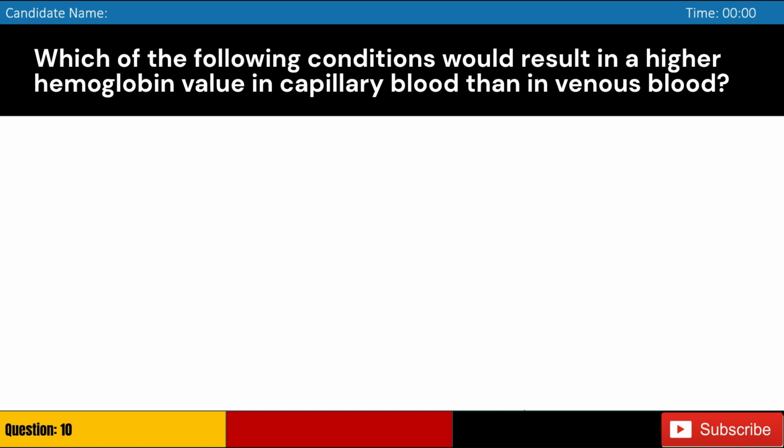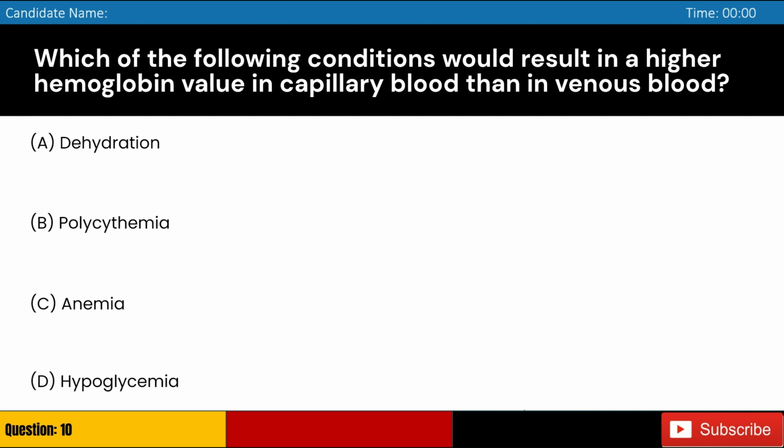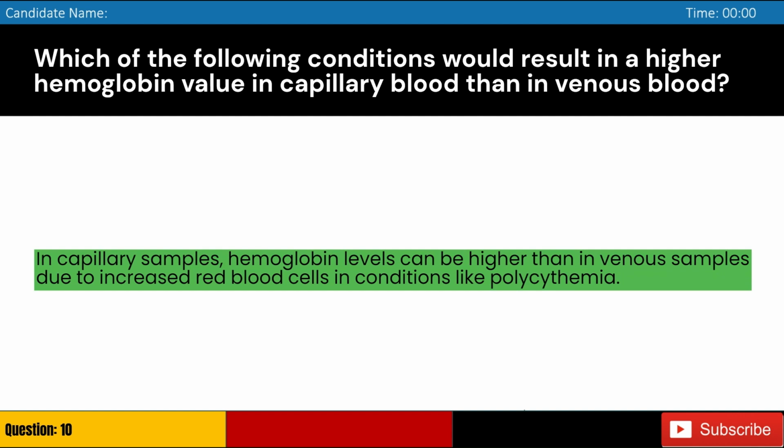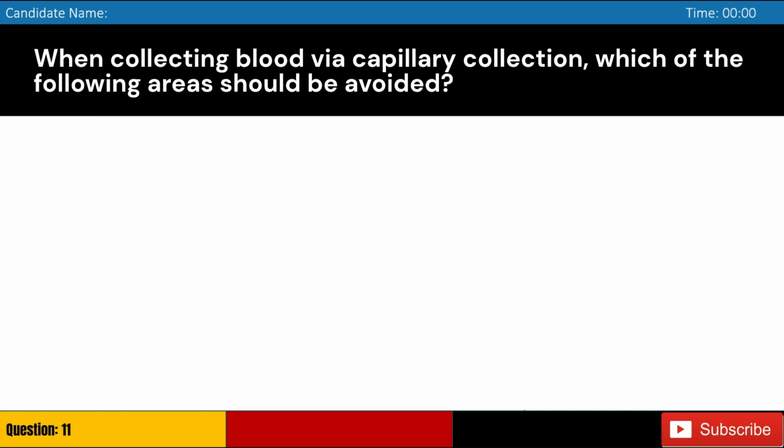Which of the following conditions would result in a higher hemoglobin value in capillary blood than in venous blood? A. Dehydration. B. Polycythemia. C. Anemia. D. Hypoglycemia. Answer: B. In capillary samples, hemoglobin levels can be higher than in venous samples due to increased red blood cells in conditions like polycythemia. When collecting blood via capillary